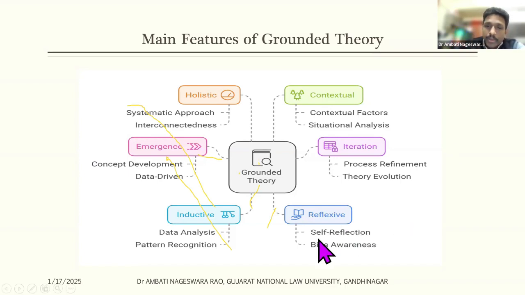Reflexive: as a qualitative researcher, you try to overcome your bias. You are going to look at how I'm collecting data, what kind of data I'm collecting, whether I'm having any kind of influence. So you're also going to interact with your peer group members. You're also going to interact with your experts to evaluate yourself. Am I having any kind of bias as a part of my data collection, as a part of my data analysis? So I'll be talking more about reflexivity at the time of validity and reliability.